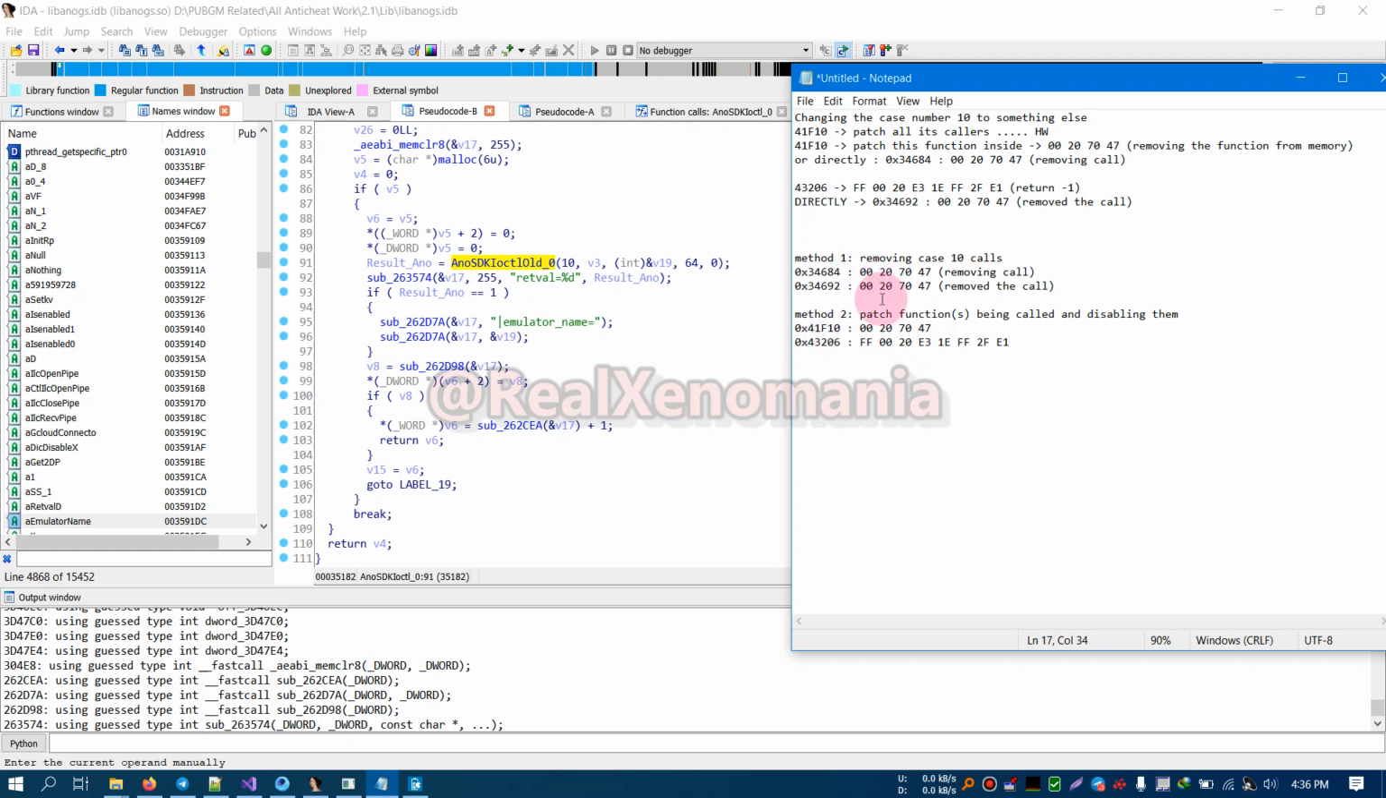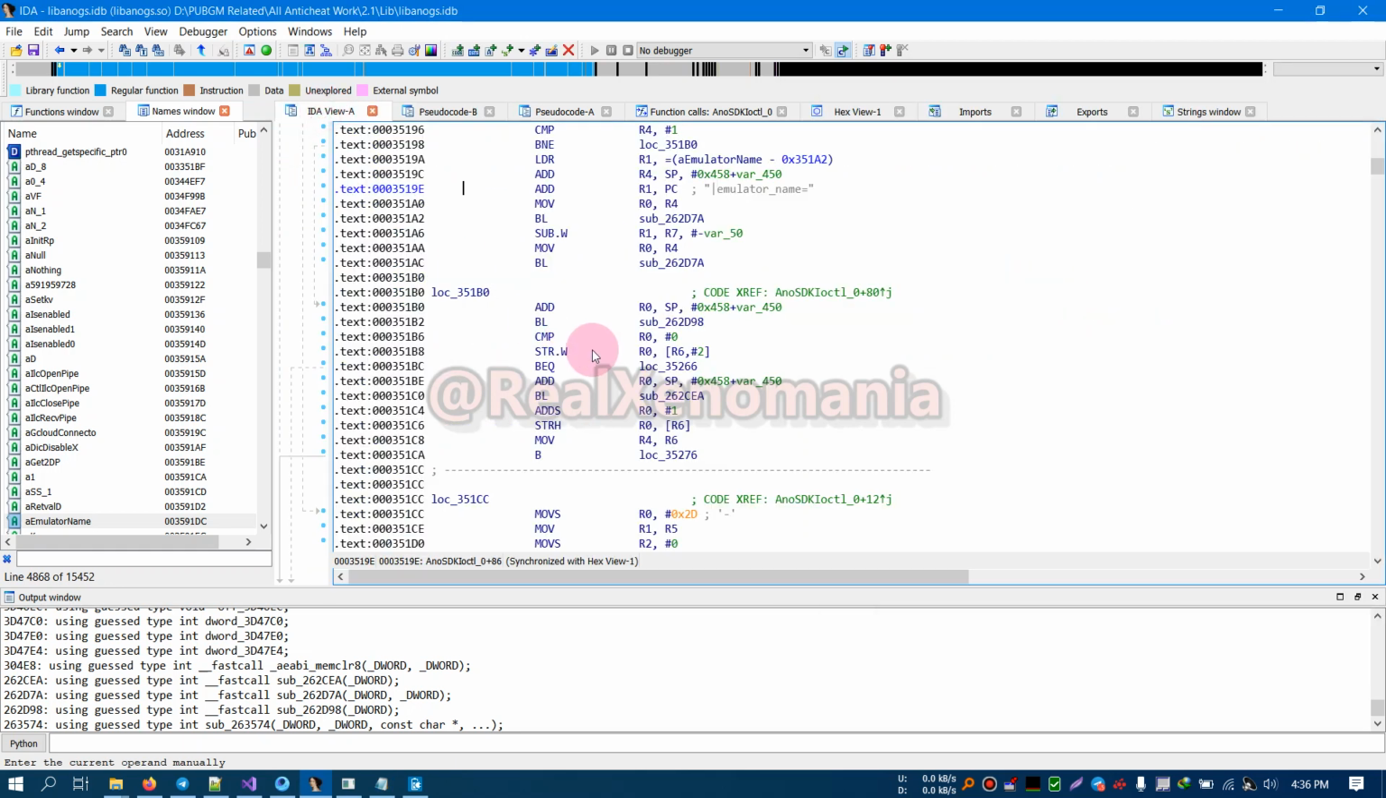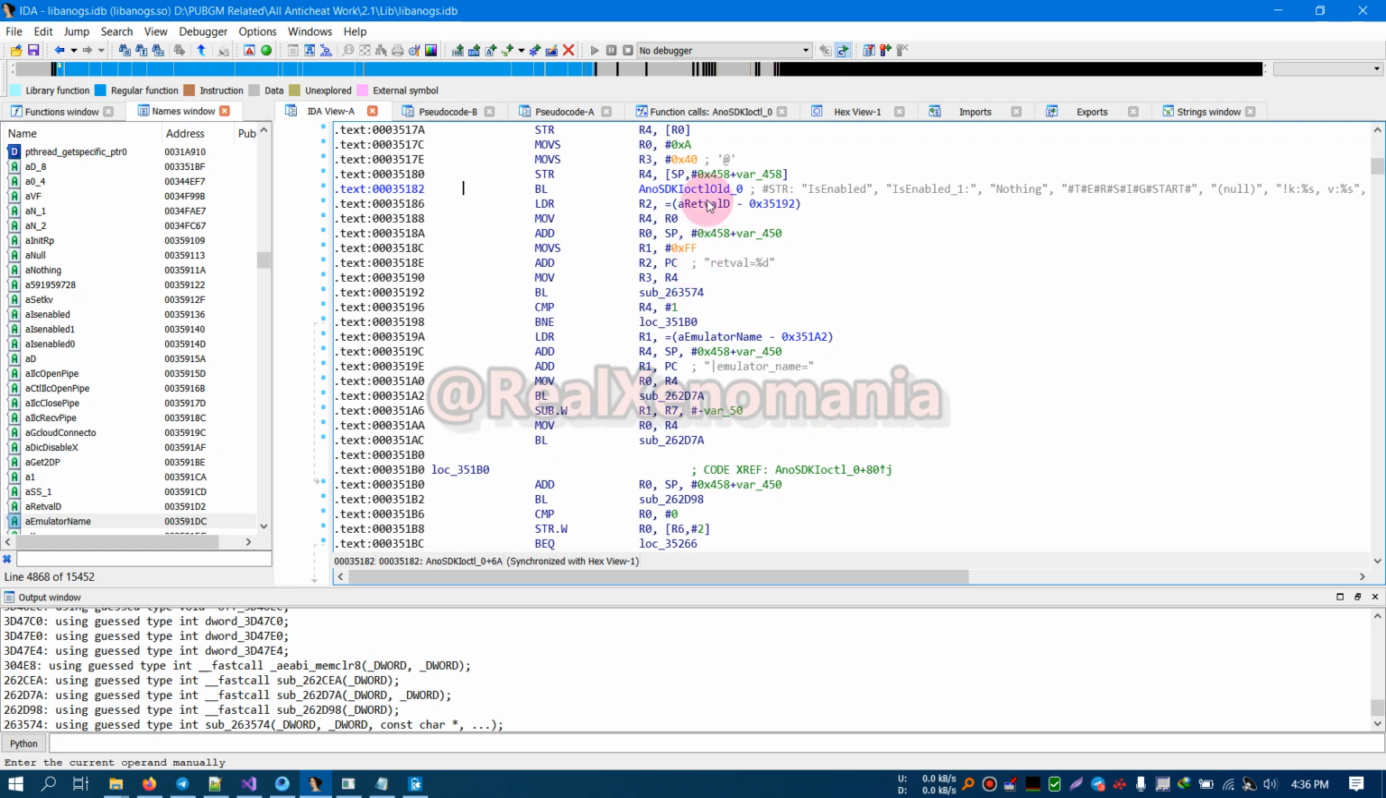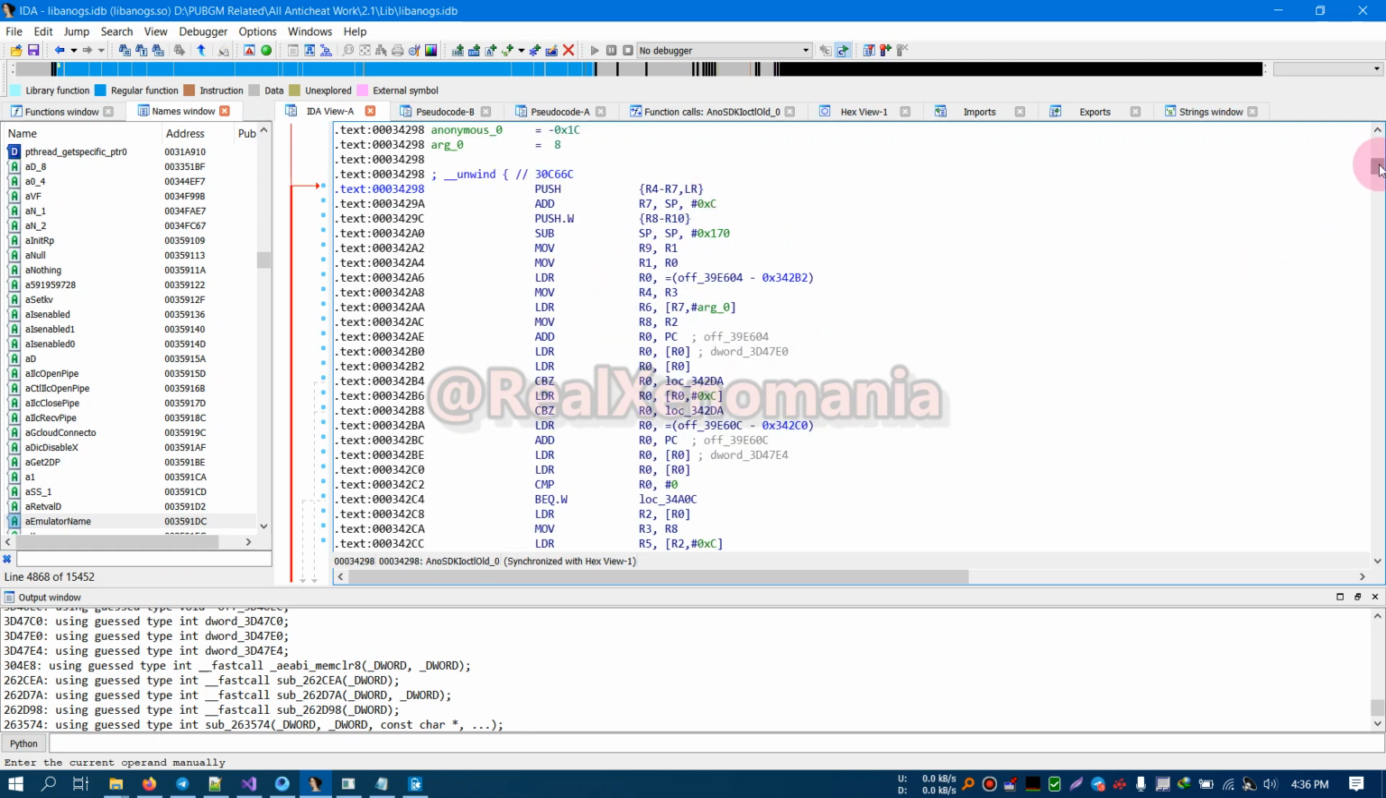For this thing, the 34684 and 34692, if you are removing the call to the function, then nothing will be returned here, and when nothing is returned here, these blocks will become problematic for you. So this method 34692, we cannot remove the call. You understand now? Go back to here. When the NOSDKICTL old underscore 0 is called,